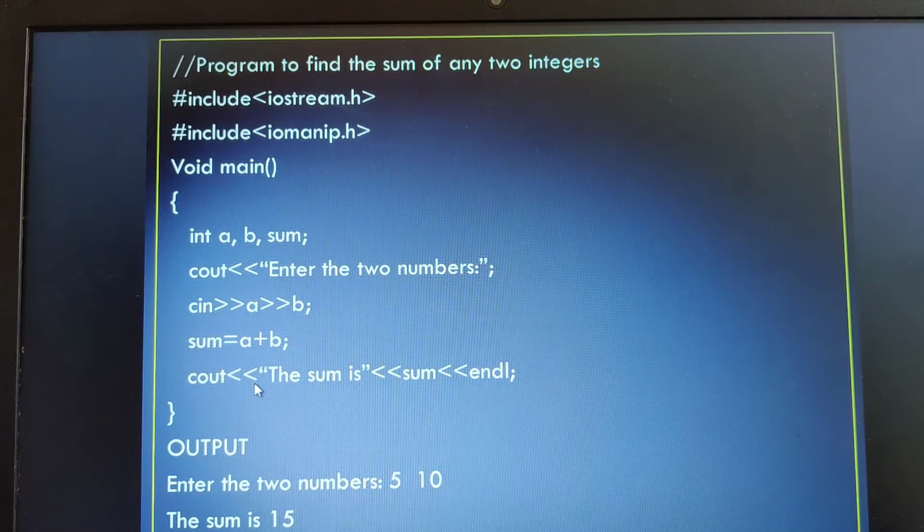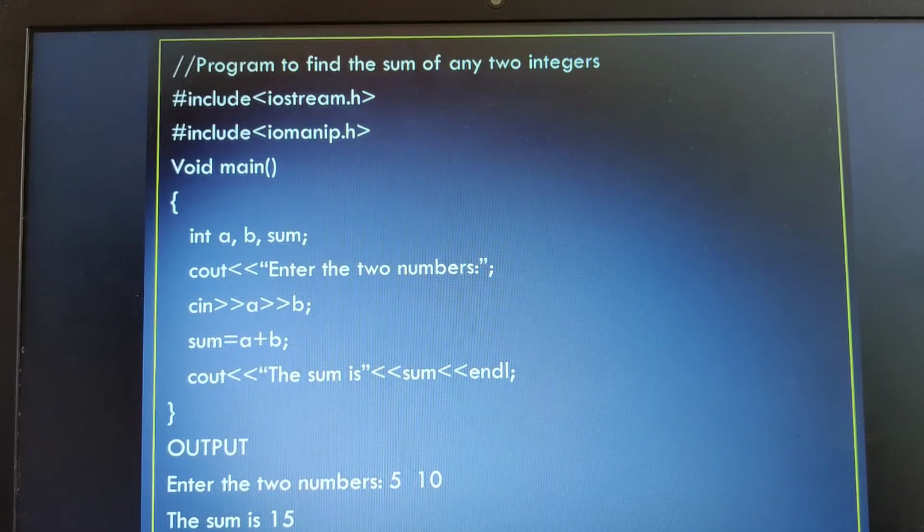Then it is followed by the string constant. As it is, the string constant will be printed. Again, this is a stream insertion, and then where is my answer? My answer is in sum. So I'll print sum here, and then stream insertion endl. So endl is like a new line character.